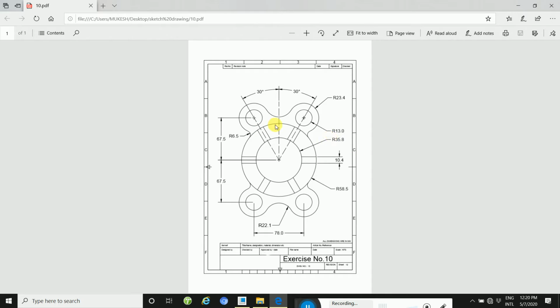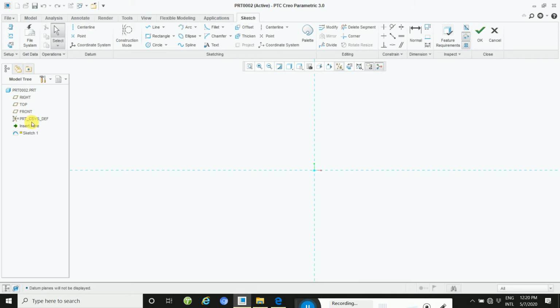Click here, take a circle, first click and take a line. Take two lines.